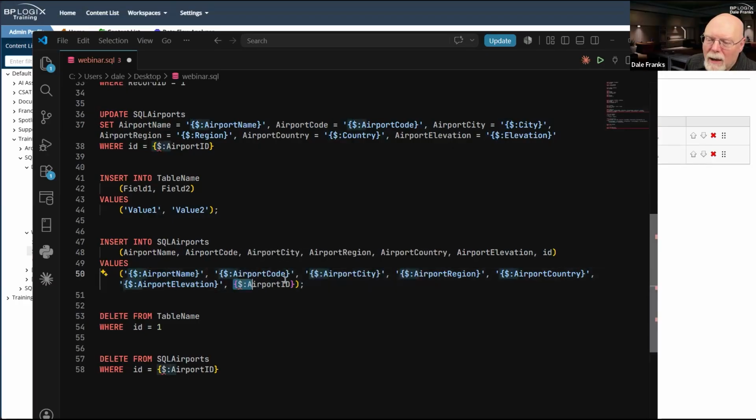I'm doing something unusual here. Now, the reason that I'm doing it is because my actual list of airports does not have an auto-numbered ID field. I imported it from Excel. And when I imported it in the spreadsheet itself, I did not make it an auto-numbered field inside the Excel template when I imported it.